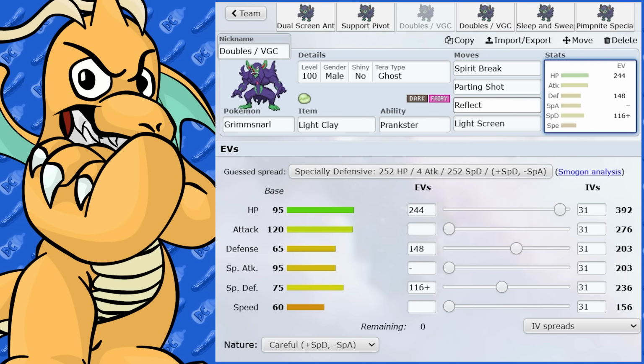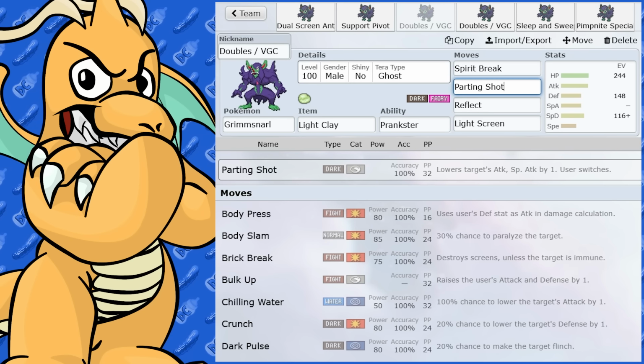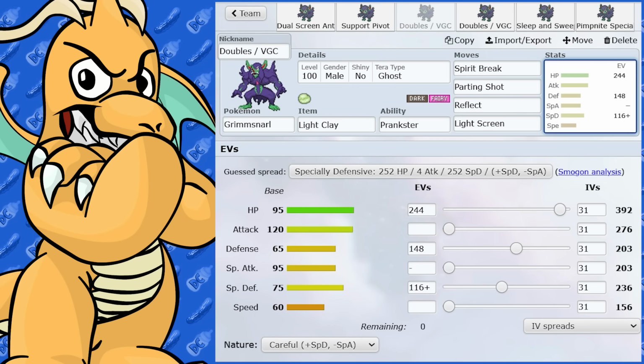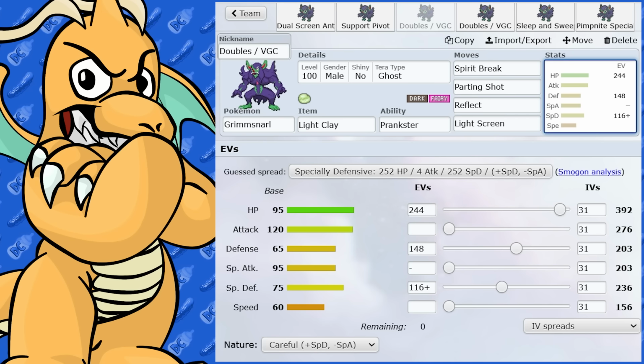And we've got Reflect, Light Screen, Parting Shot. Same as the other set, virtually, just different EVs. Now, the difference here, too, is Terra Ghost. I like running Terra Ghost on these sort of sets because it makes it immune to annoying stuff like Fake Out, right? So you probably think, oh, well, Prankster's going to go...